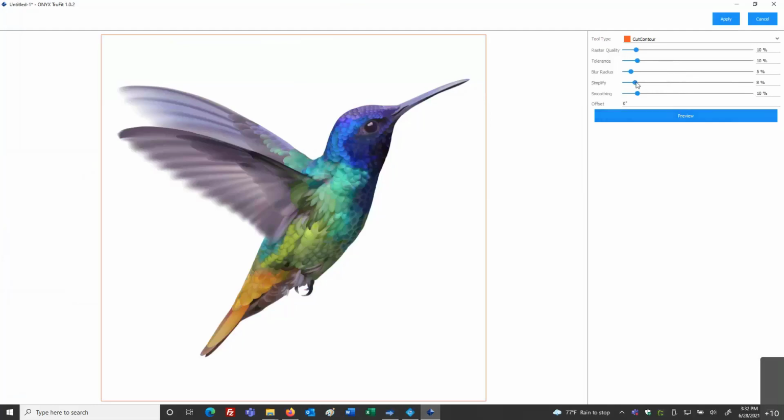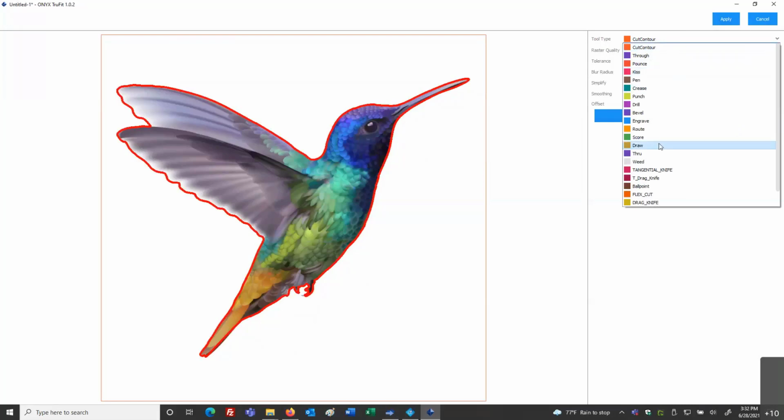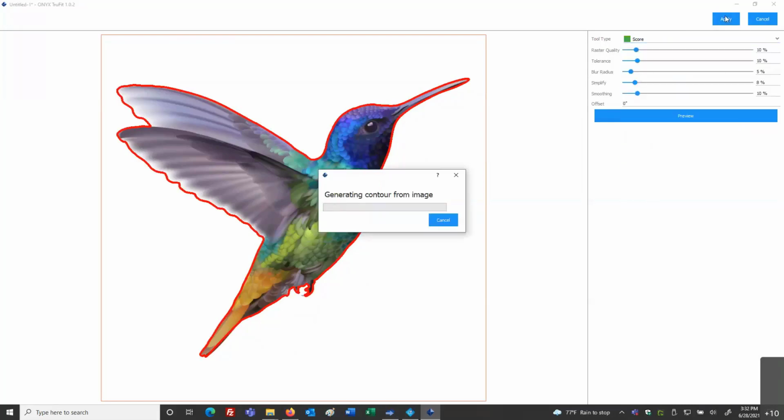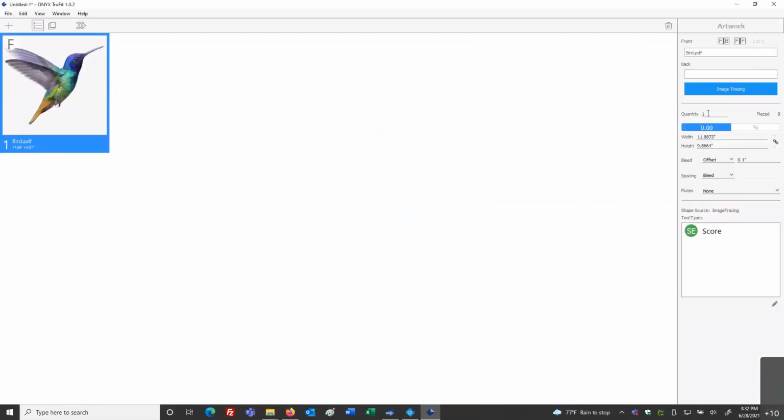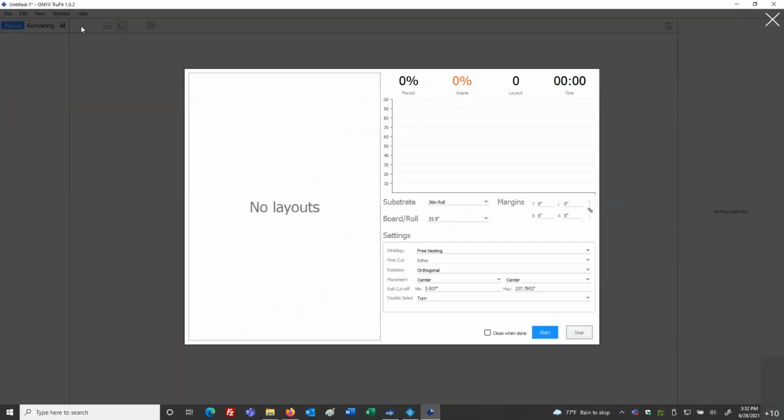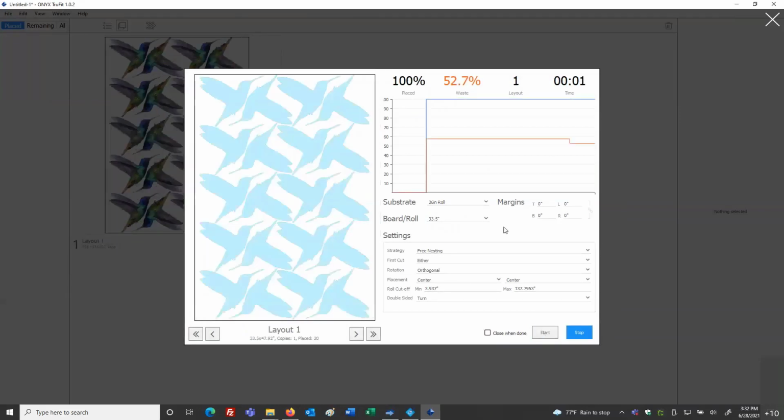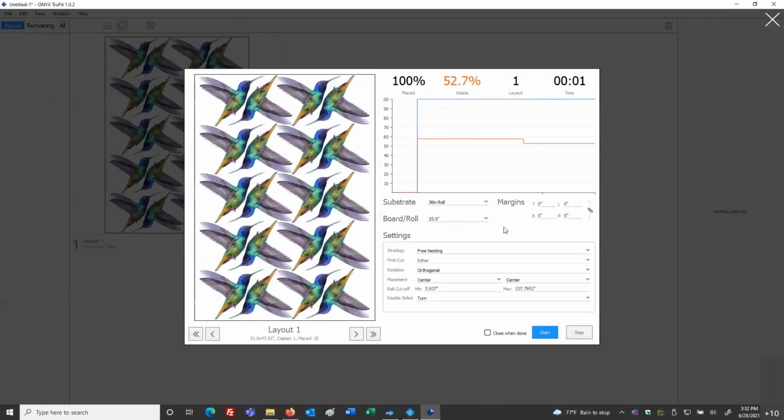Again, after a while, you'll get a sense for the controls and the settings in here that we can modify to indicate our tool type that we're going to be using, our quantity that we want to work with, and then we can go into our nesting, our substrate material size we want to work with, and start and let the calculations begin.